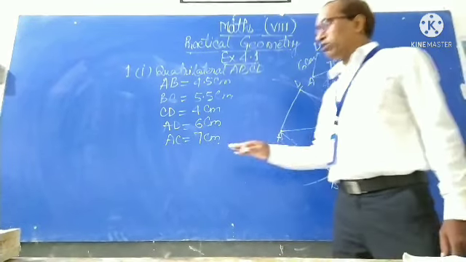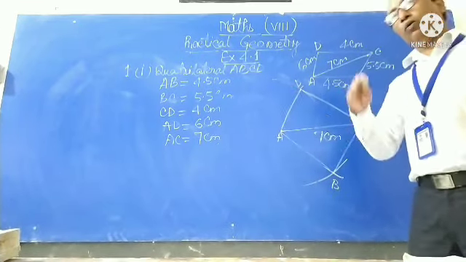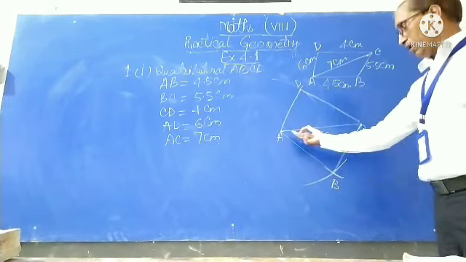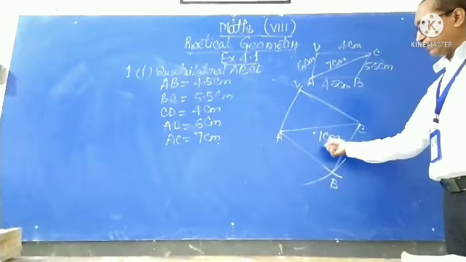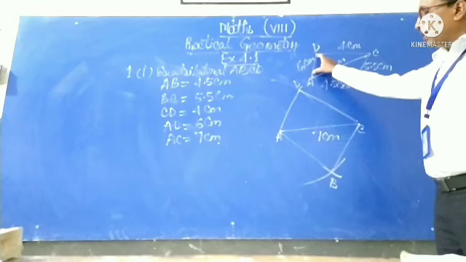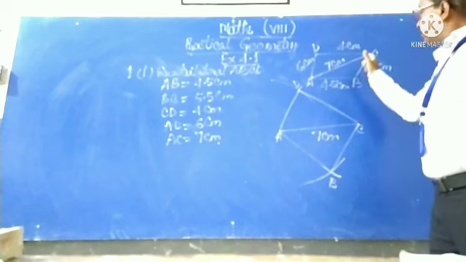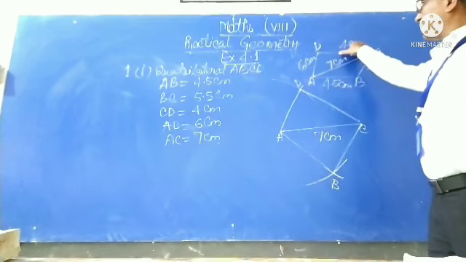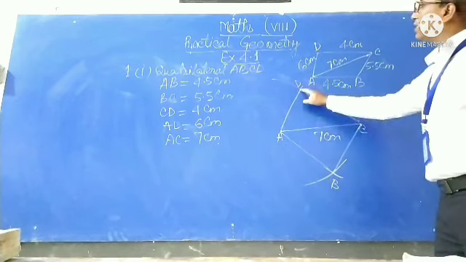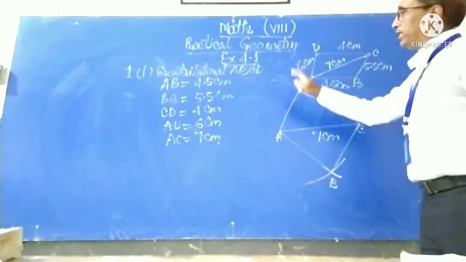And you also write all these steps in your copy, the steps of construction. How can you construct this quadrilateral ABCD? You write it down in your own words. I repeat it. First you draw AC line segment of length 7 cm. Then you take 6 cm distance in your compass and draw an arc with center A, and then you take 4 cm distance in your compass and draw an arc with center C, which cuts the previous arc at point D, join A to D and C to D.